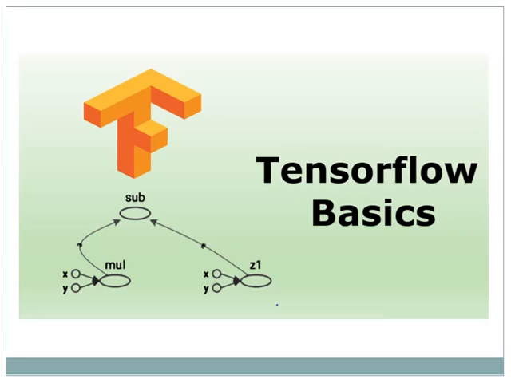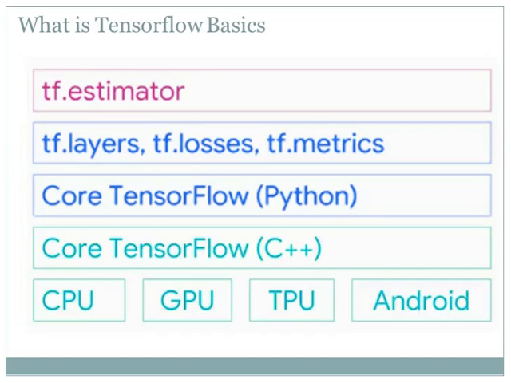TensorFlow is Google Brain's second generation system. Version 1 was released on Feb 11, 2017. TensorFlow 1.0 now had a Python API, and an API for Java, and the Go language was also added to version 1.0. TensorFlow operations on neural networks are performed on multidimensional data arrays, which are referred to as tensors. It works with tensors. It is a software library for deep learning and mainly works for numerical computation using data flow graphs. So what is TensorFlow basics?